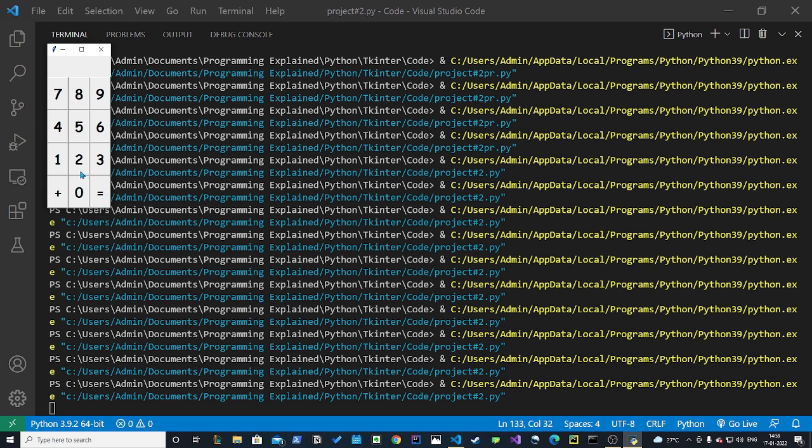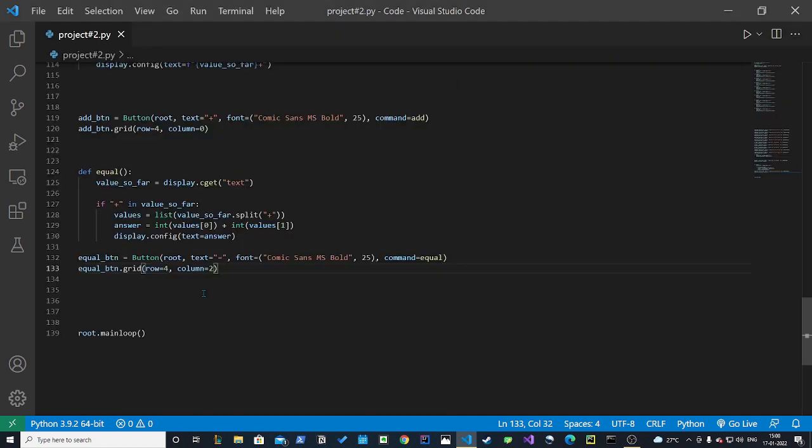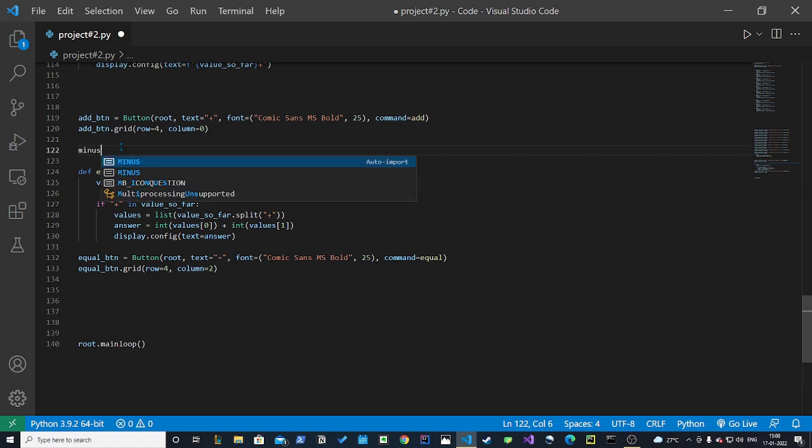and as you can see it's a plus and equal to here. If I write 5 plus 6 and plus equal to, we get 11. Then if I do 11 plus 4, we get 15, and we can keep doing it. But this value right here will stay there, like you cannot remove it. Now I will show you how to make an add all clear button very soon, but we have to make other buttons before it. So now I'll make a minus button